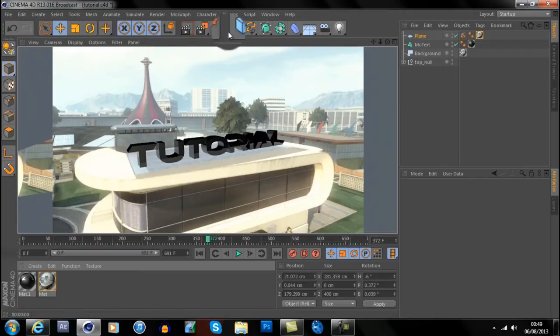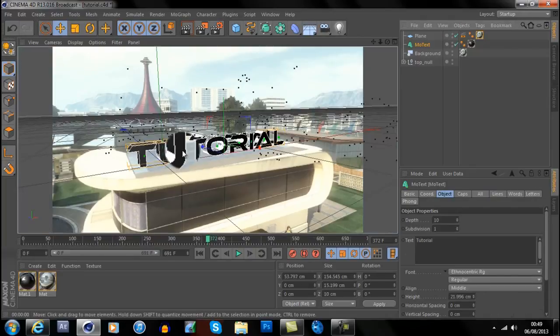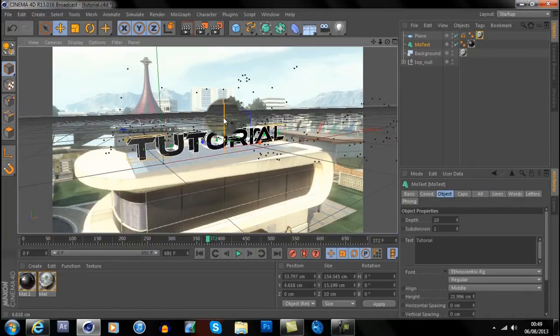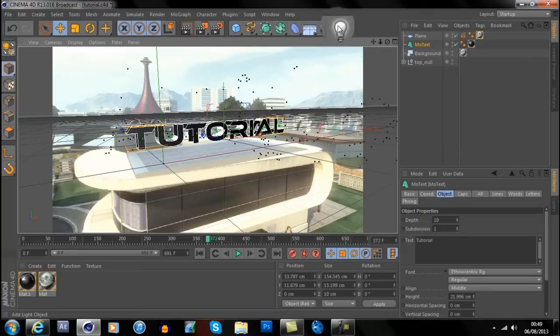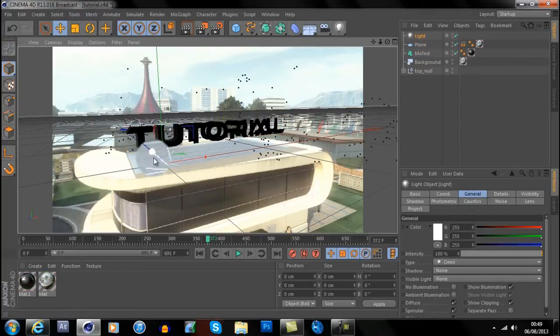Anything here that looks really bad, don't worry about that, because it won't show up on the video anyway. So I'm going to move my text up a little bit just so we can get a better look at the shadows once they're added in. I'm going to lift it up a little bit, and we're going to add in a light. Just click the light bulb here, and we've got our light. If you want to set it up so it looks realistic, you look at the shadows on the map here. It looks like the sun's over this side,